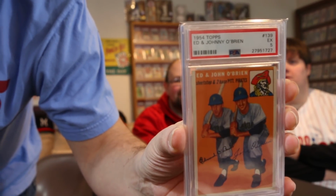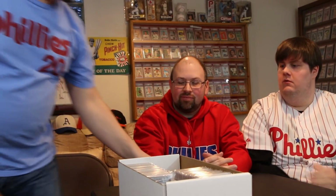There you go. 54 Topps Ed and Johnny O'Brien. That's a card in the 50s. So basically, you get a 5 for a collector's grade. In an investment grade, you get a 7. And one of the things I preach with the hobby as much as I can is, listen, it's